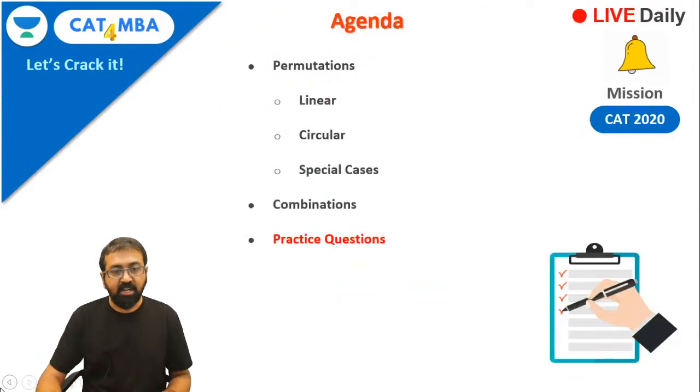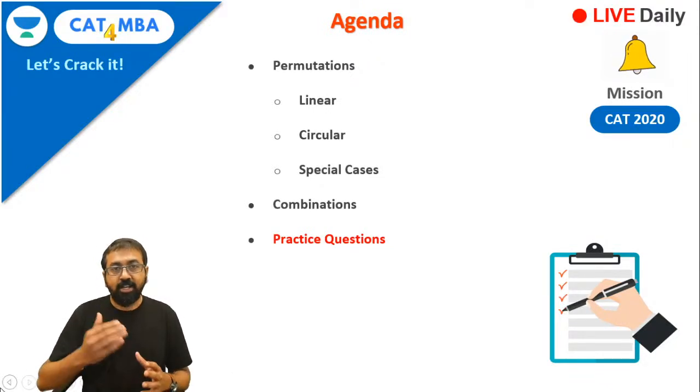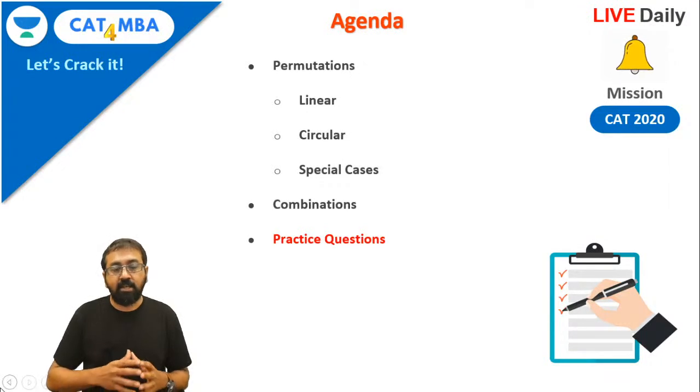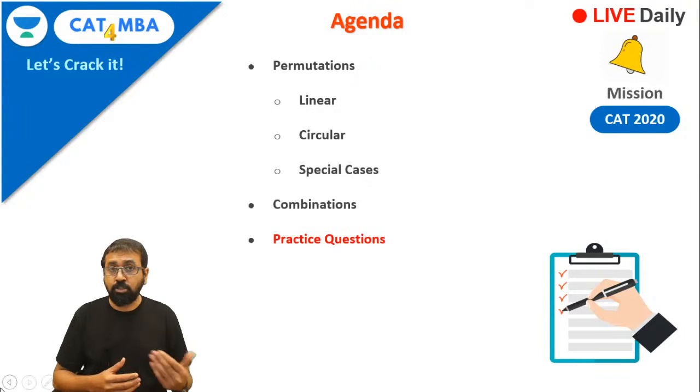Right, so this is the agenda for today's session. This session particularly, we are going to discuss permutation. Before that, we'll quickly revise the counting principle. In case you had missed the first session, then you can understand that part, and then we'll go ahead with permutation. So as you know, permutation means arrangement. So arrangements can be of different types, like linear arrangement or circular arrangement, and so on and so forth. We'll also look at some special cases. Then we'll discuss a bit about combination, and we'll also practice plenty of questions.